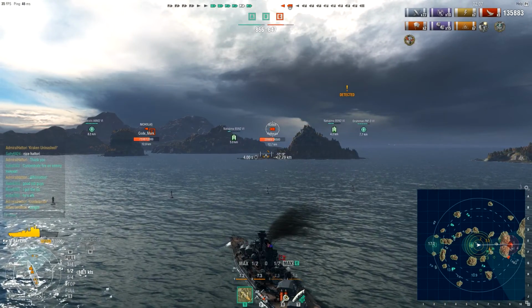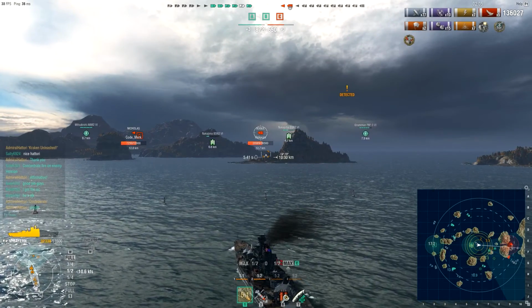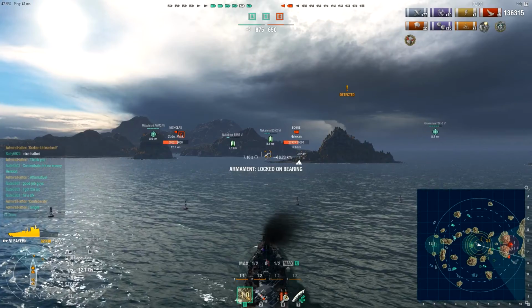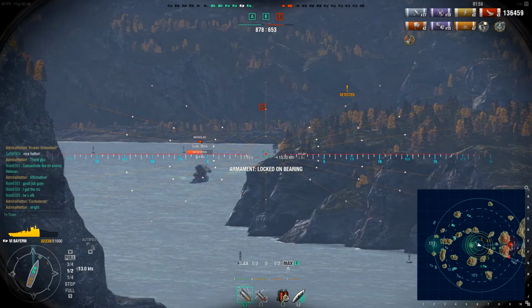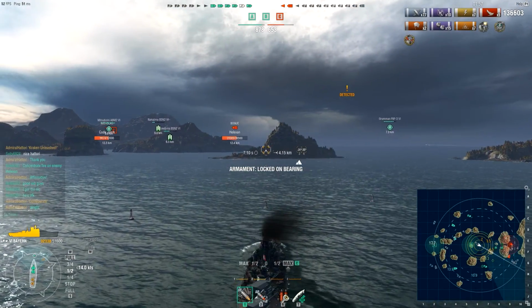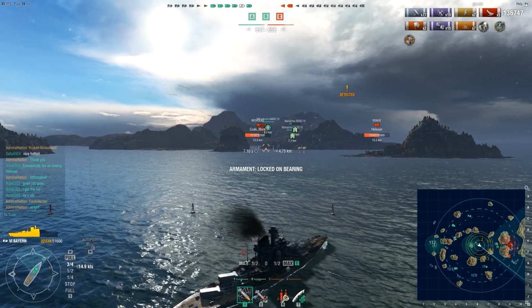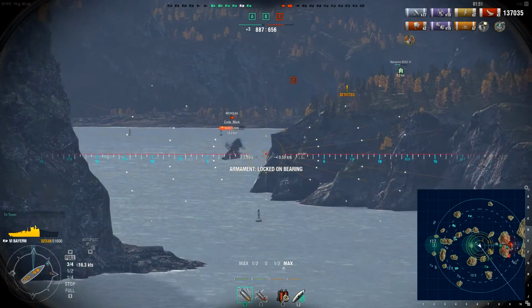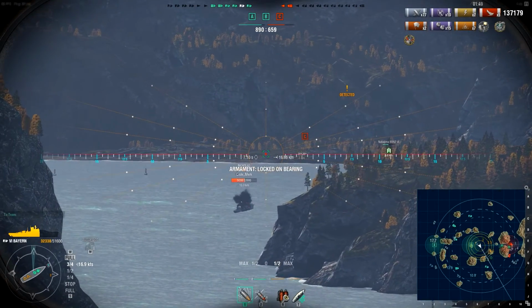It's rough for me to decide. I really do like the Bayern. I really do. I like it. But you just can't beat the fact that the New Mexico and Fuso have 12 guns. The reason why those ships were so powerful is just due to the fact that they have 12 guns and they have 14-inch shells. Although the caliber is smaller than the Bayern's,